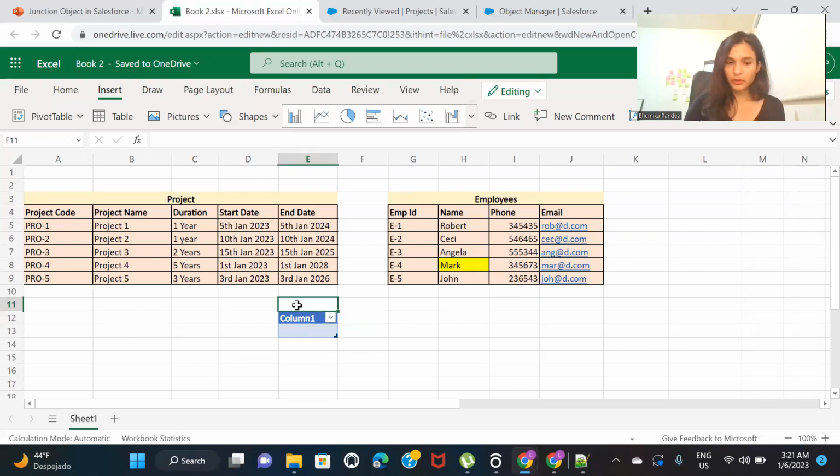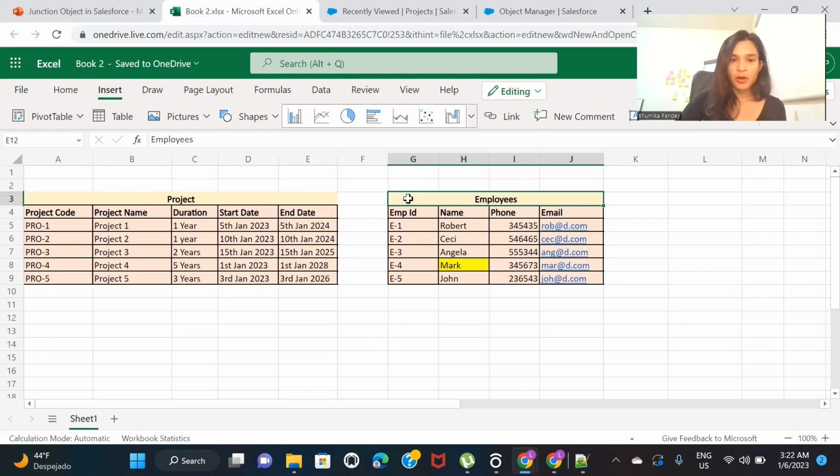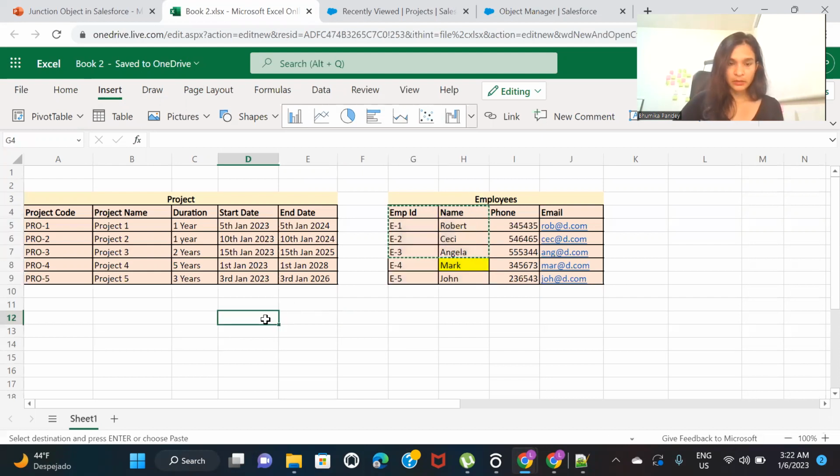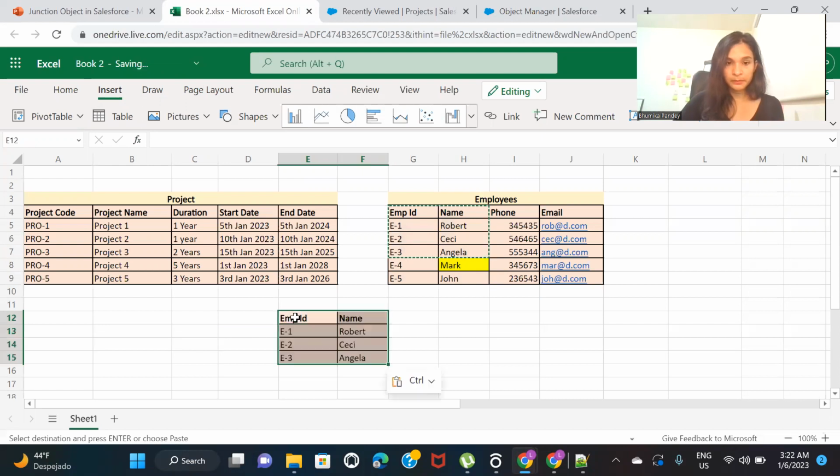Sorry, let me remove this. Okay, so all right, I'm just going to copy this. Okay, or I don't need this much info. I'll just copy this here. Okay,